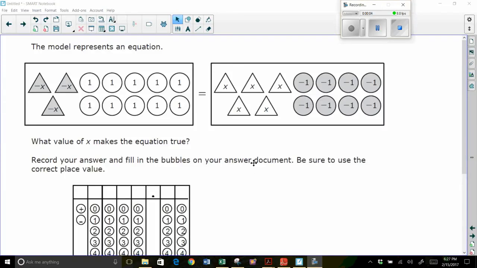The model represents an equation, and we have the drawings for that equation. What value of x makes the equation true? Okay, so what we're going to end up doing here, guys, is since I have the picture, I have to switch over that picture and change it into an equation. So let's just write that out. So what we want to do is change the picture